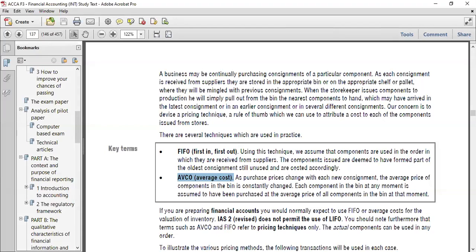Today you've bought, let's say, inventory at maybe 20,000, and the next time you go the price has gone to 25. So you ask yourself, what will I value my inventory on? Sometimes you mix these things when you bring them to your premises. So you need to understand how to use both these two techniques, AVCO and